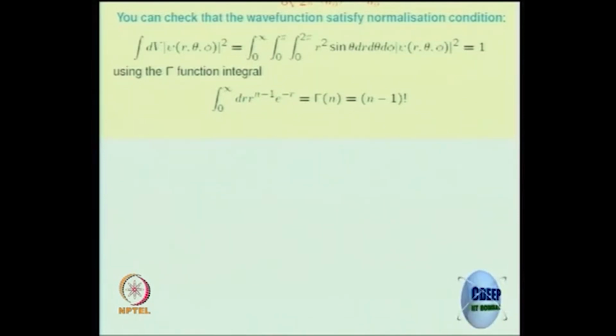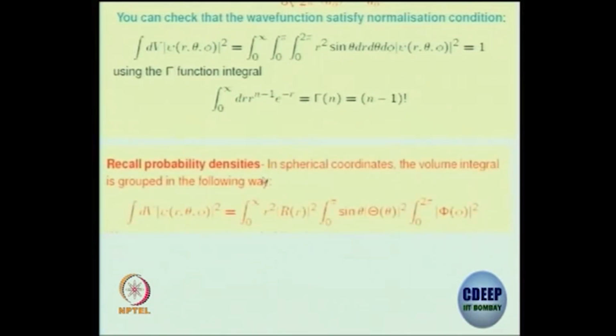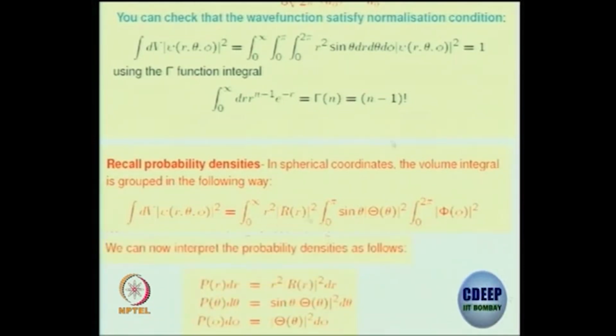So this is the gamma function where n is an integer, and you can write this as (n minus 1) factorial. Something I mentioned last time is that you can split that integral into 3 integrals: the dr integral with an r squared factor, then sin theta with the d theta integral, and phi has nothing. So each one you could try to normalize when you do this integration,